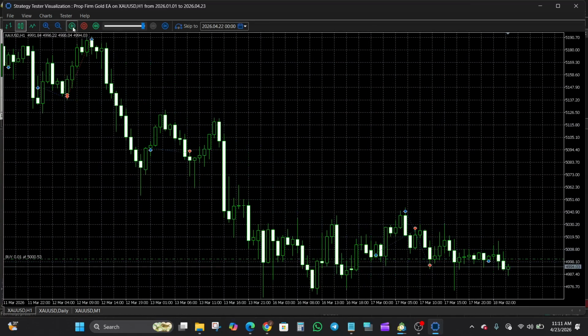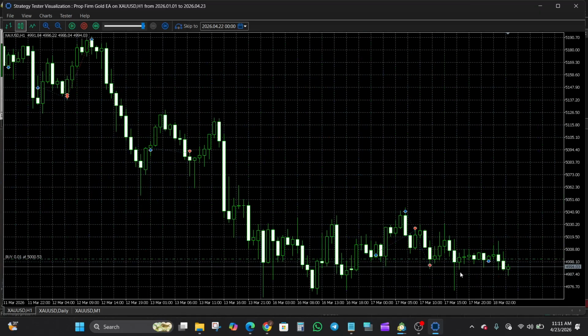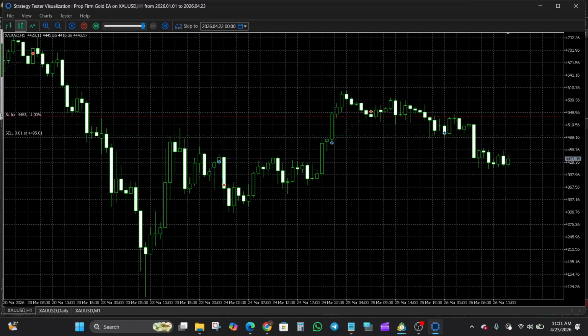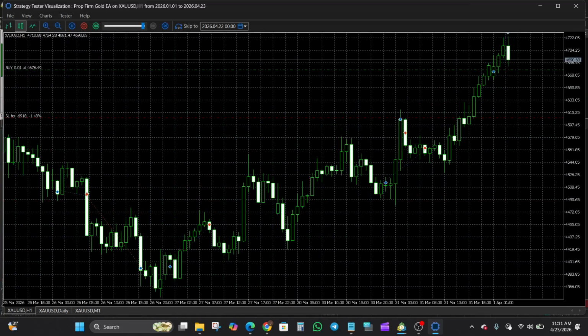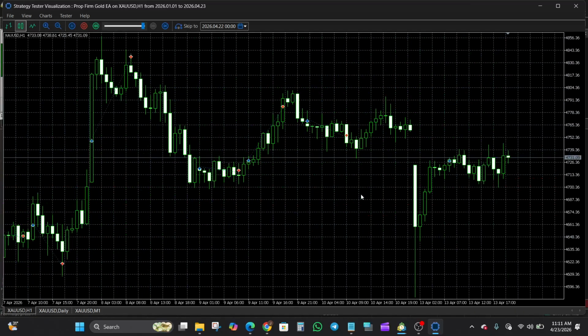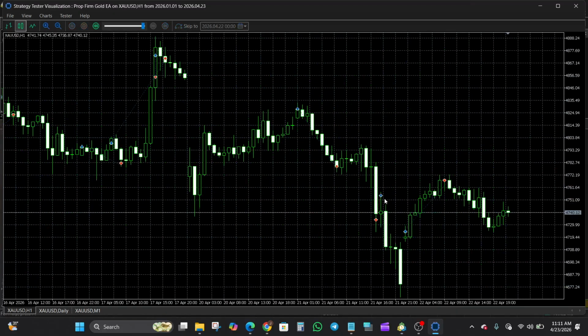Okay, let's pause a bit. All right, this seems to be entering a buy trade around the support zone. Cool, let's see. Okay, but price eventually continued downwards. You can see the EA is becoming selective. The EA is rather selective, right? It's either reducing entries or spacing them out more. So this suggests there's some kind of internal filter, possibly volatility or structure based, preventing it from overtrading in poor